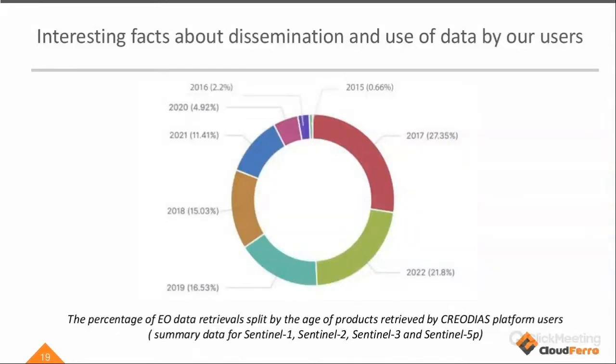2018, 2019, 2022. So this is very good information for us, because as we keep those data sets locally, it means that they are used by our users. So the storage used for those data sets is flexible. So whenever our customers are looking for more data sets, we have those data sets within the CREODIAS platform. So those data sets are accessible immediately. So only whenever you're looking for them, you can access them and use them in a very, very short